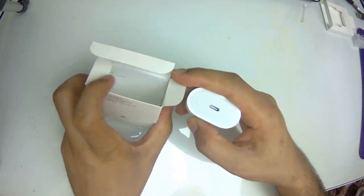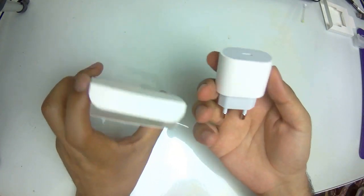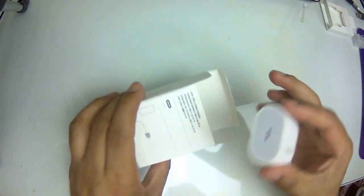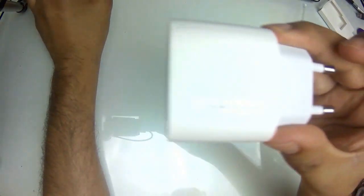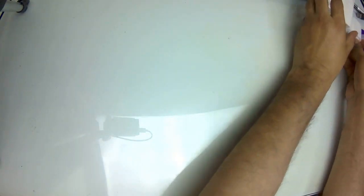and I think there is no cable in it, so only the adapter section is available. There is no cable in it. Okay, I'm going to put it right here. So the original iPhone 14 Pro charger looks like this. I'm going to put it right here. Now